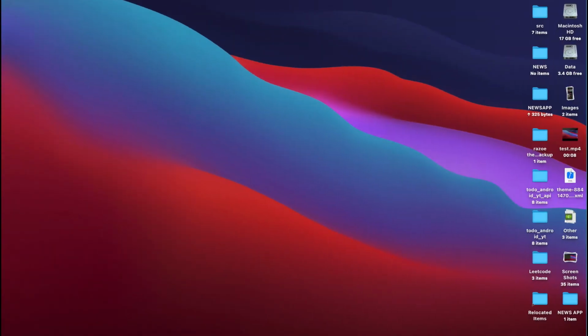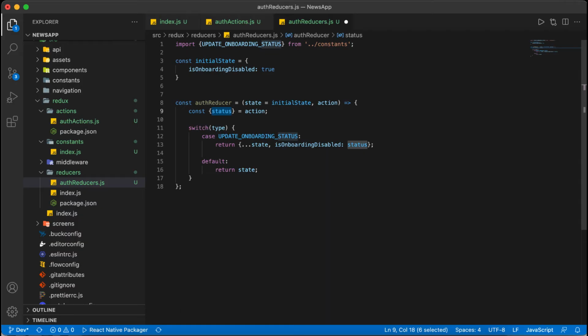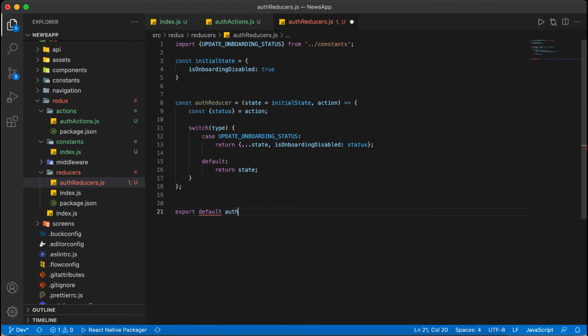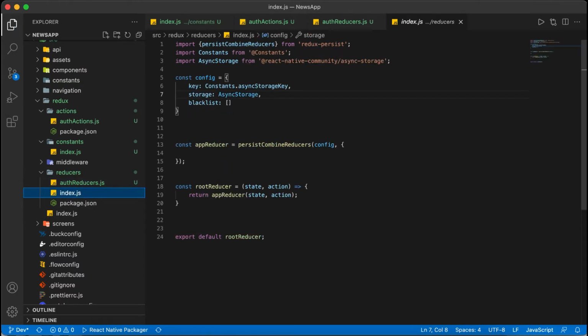Okay, fine. So let's get back to our code. The reducer is completed. Then we will export the reducer here as export default authReducer. Then we will go to the index.js, and inside the persist combine store we will combine the authReducer.